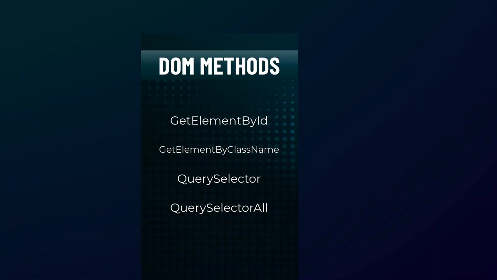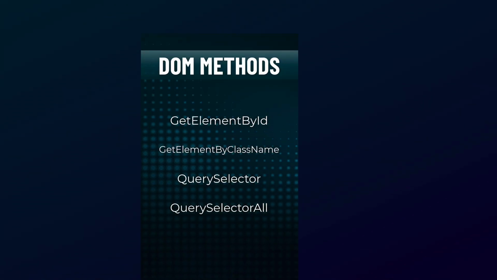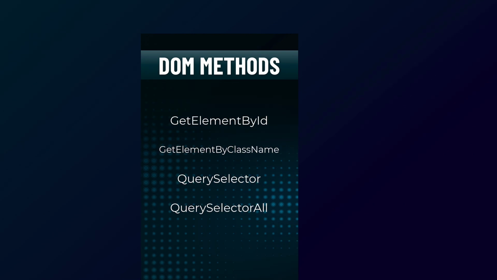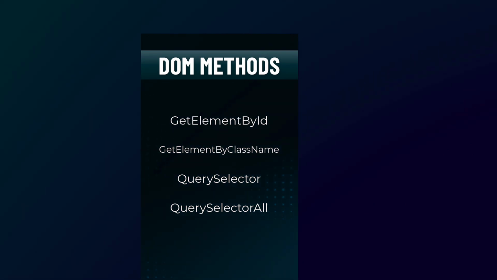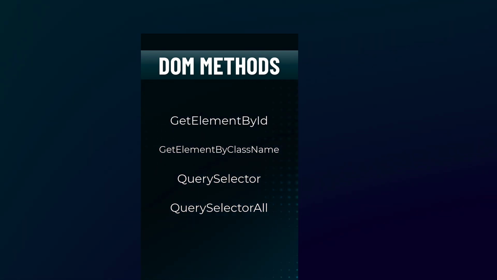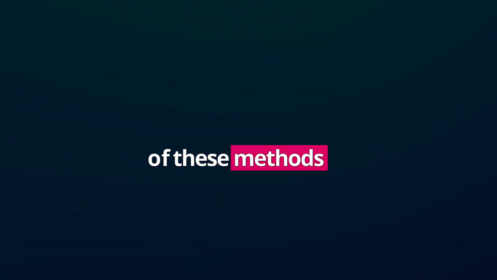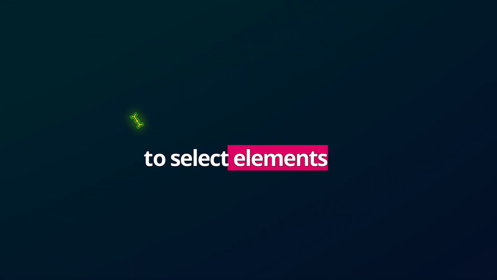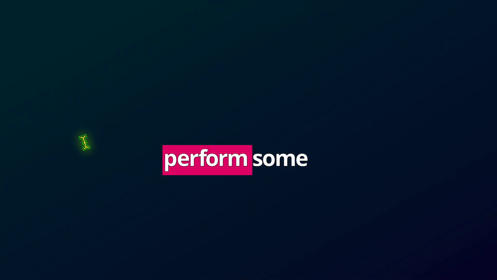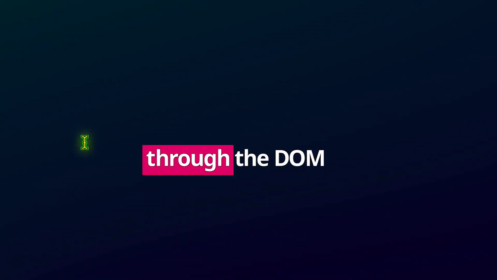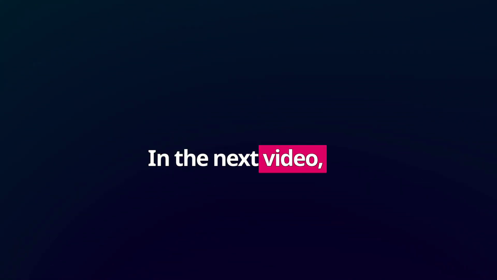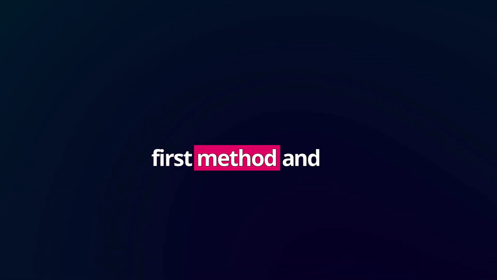The first one is getElementById, and getElementsByClassName, querySelector, and querySelectorAll. We are going to take each of these methods to show you how to select elements and then also perform some operations on it through the DOM. In the next video, let's begin with the first method, and that is